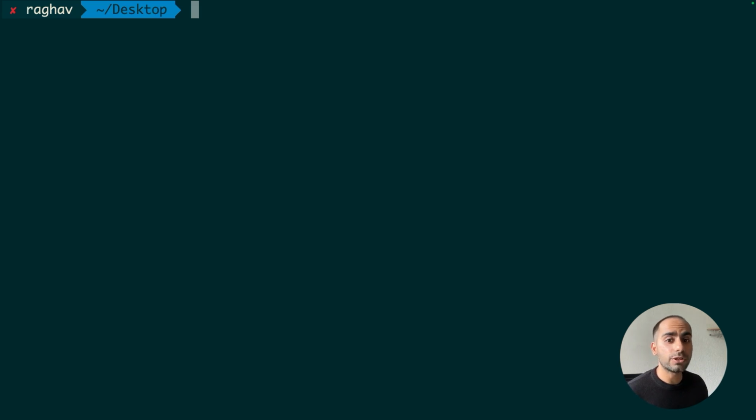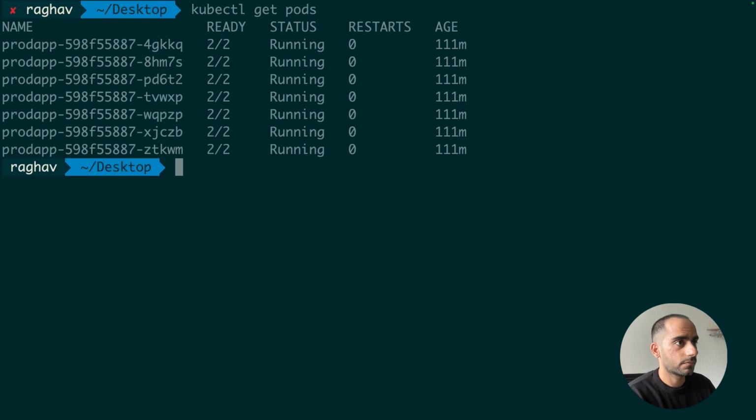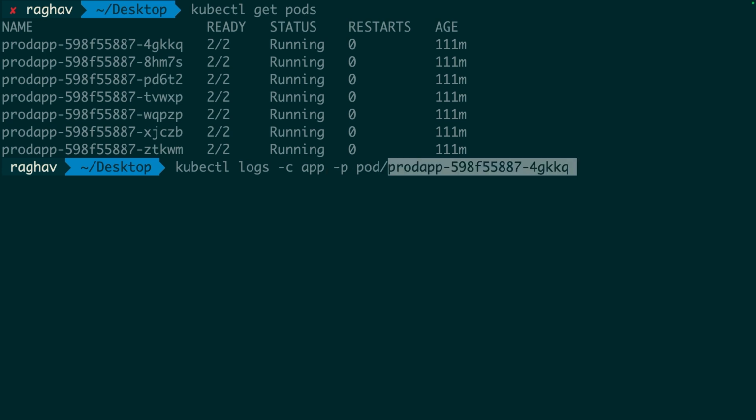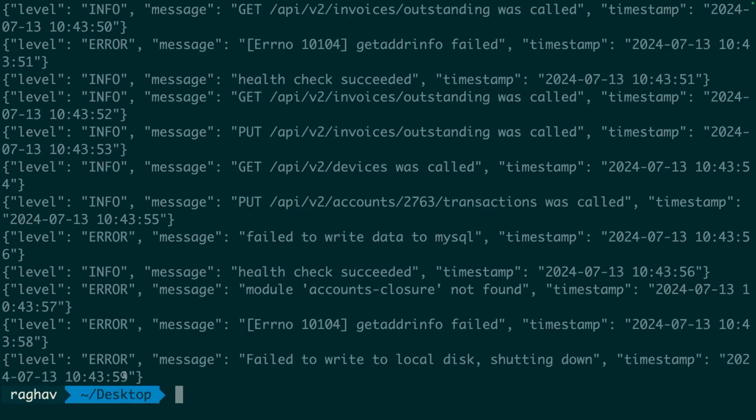So to demonstrate this, I'm going to first intentionally crash one of my pods in the background. Let's pick this one. I'm going to crash this one in the background. Okay, I just went somewhere and did something and it crashed. Now let's check its logs of the previous container, -p. And there. I checked the logs of the previous container and the last log said failed to write to local